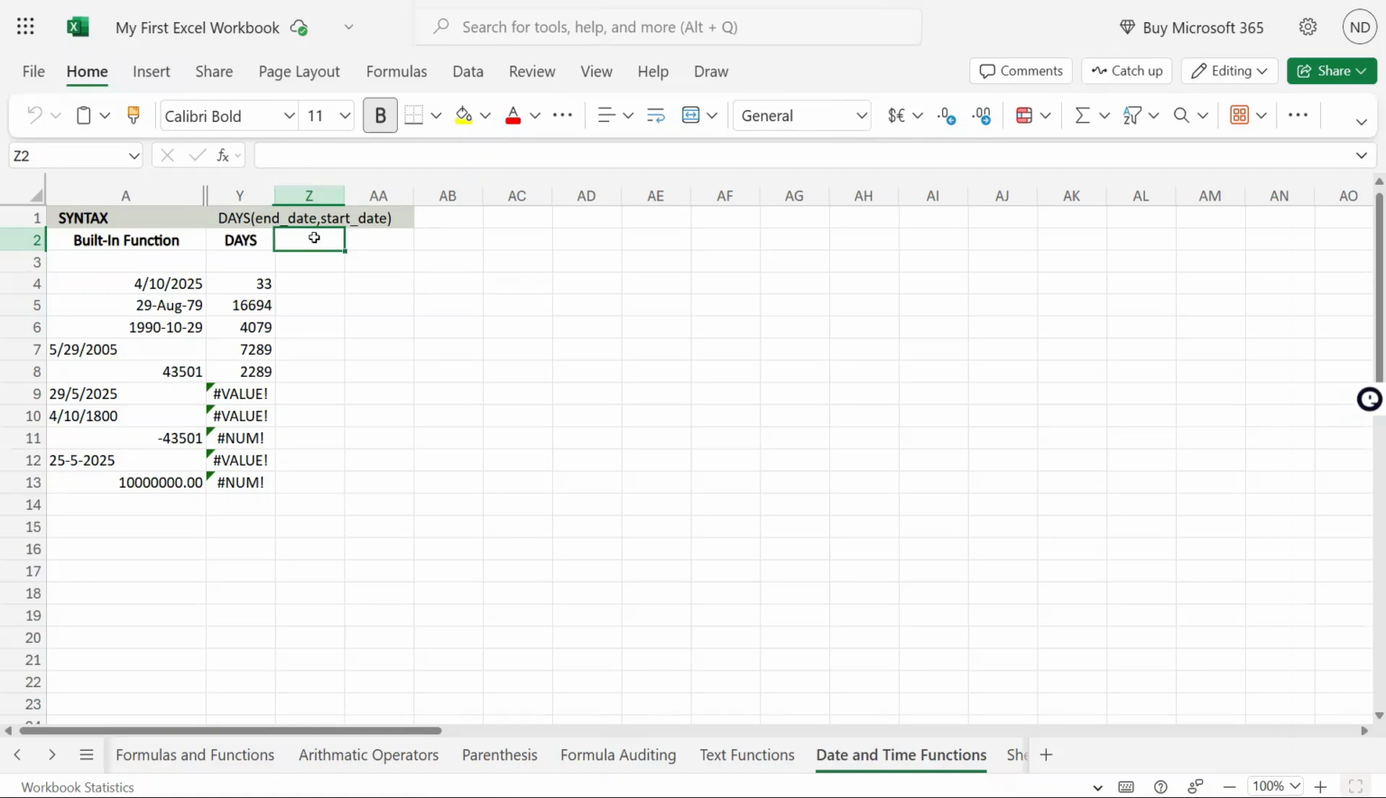Now, you'll say, what is the difference between the previous function that we did, which was DAYS, and DAYS360? The DAYS360 function will calculate the specific number of days between a start date and an end date. It works exactly in the same way as DAYS. The main difference between the DAYS function and the DAYS360 function is that